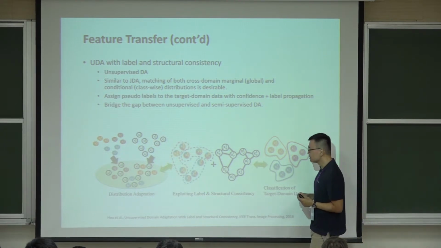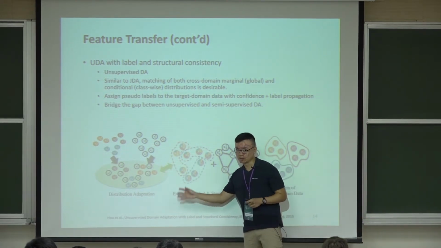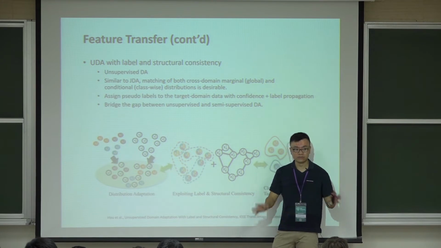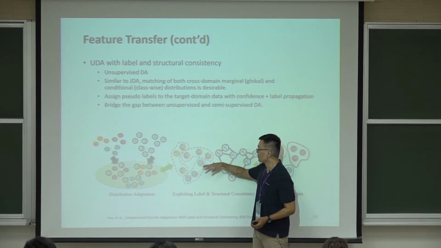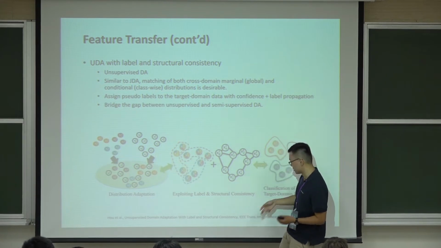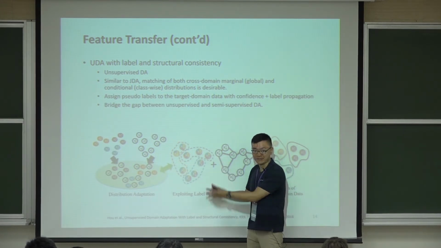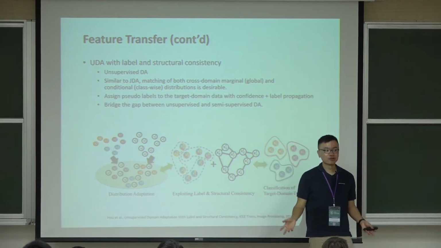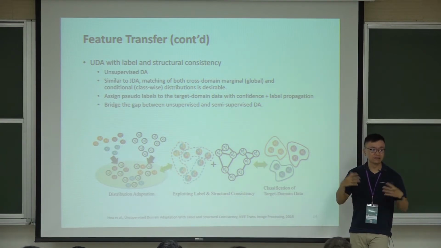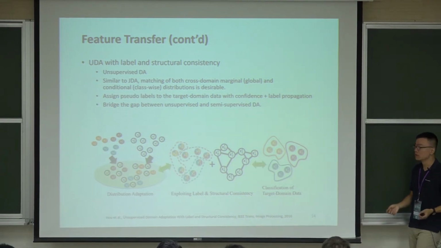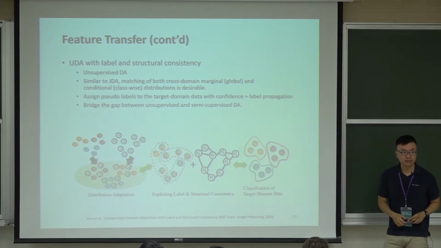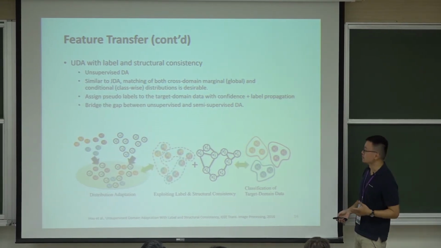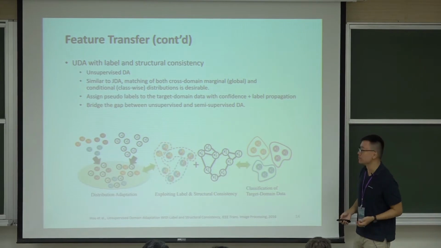So not only to do the pseudo label prediction, not only to do this kind of MMD stuff, the global mean, class-wise mean, there are other people, oh, it's us actually, but anyway, there are other people considering to exploit the locality, the structure information when we deal with transfer learning, domain adaptation tasks. Okay, so this is the label and structure information